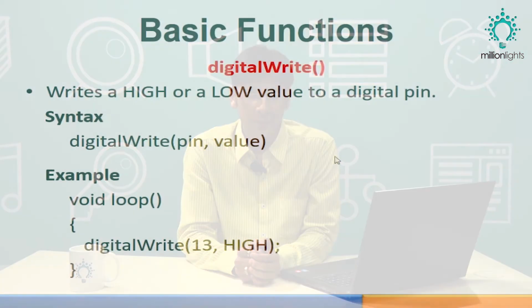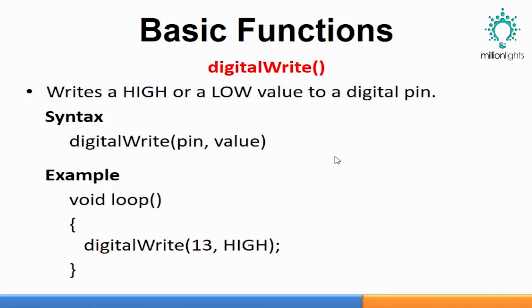So first we will discuss digitalWrite. The digitalWrite function is used for producing a particular value or output from a pin. Suppose I want to produce 5 volts from pin number 12, then I can use the digitalWrite function. Here also you can see D is small and W is capital. We have to type the code in the same way, else it will generate a syntax error. After digitalWrite, inside the round brackets, we have to write the pin number and the output that we are expecting.